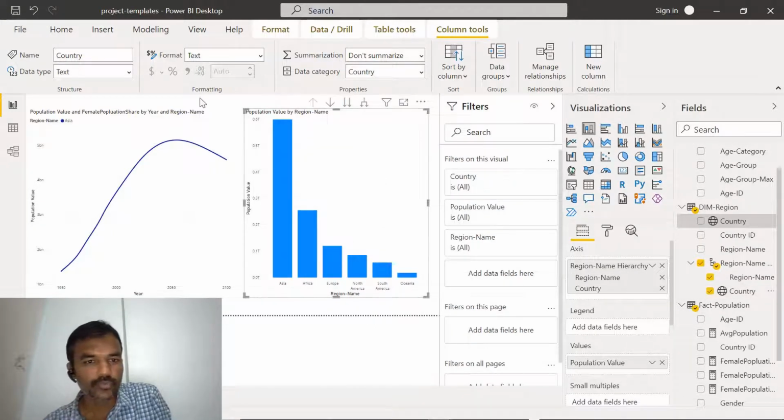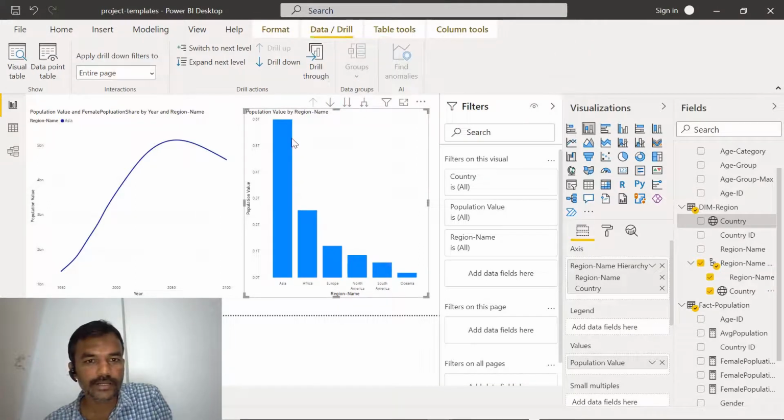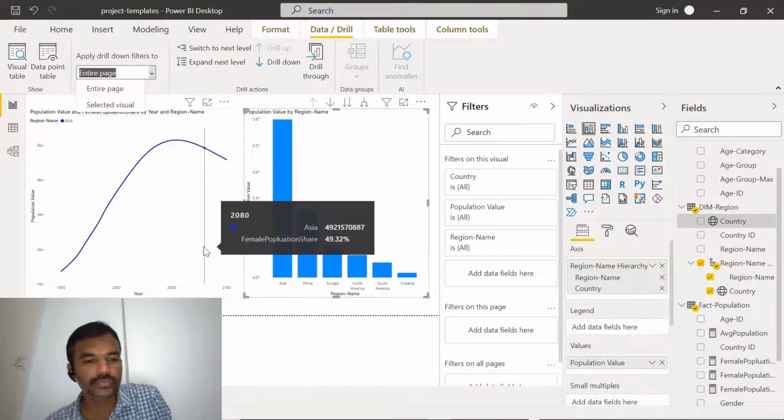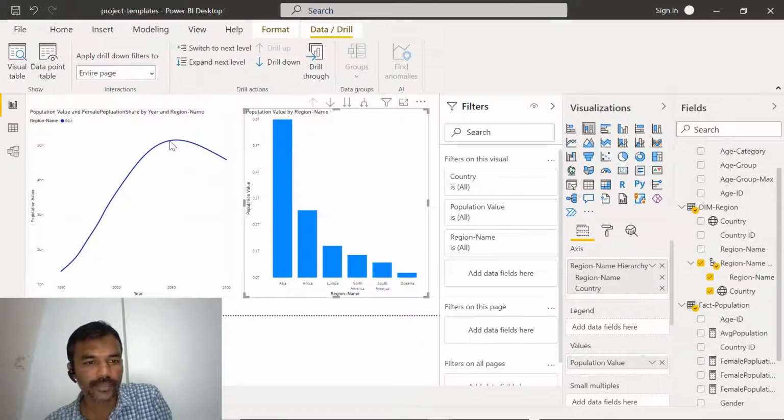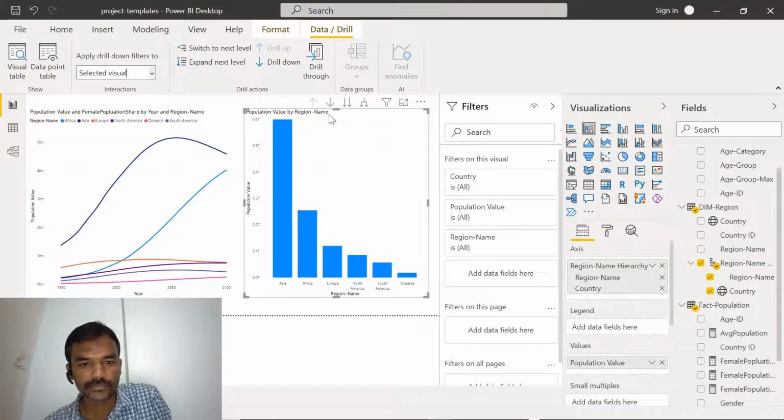Now there is one more thing I wanted to show in this data drill option: on which visualizations this drill down filter should be applied. When we click on this, it is either the entire page or selected visuals. Suppose we don't want to use this drilling for the complete page, then we can select just the selected visuals. Now when we do this, it will not affect the other chart if I go to the next level.